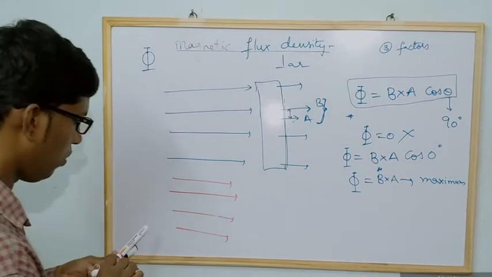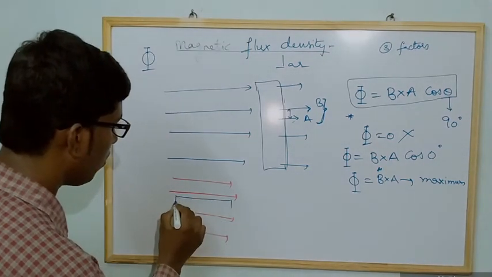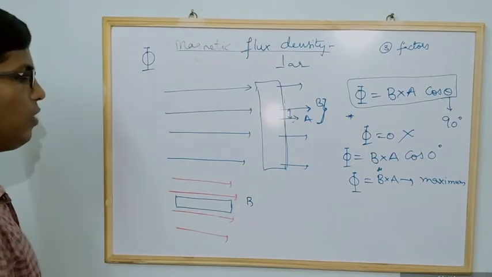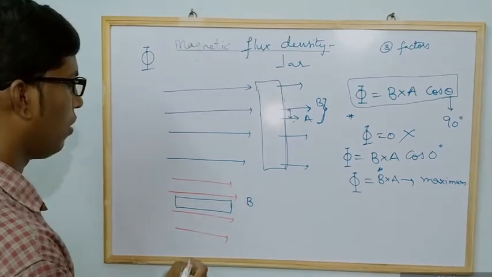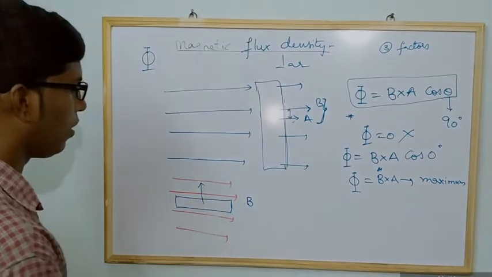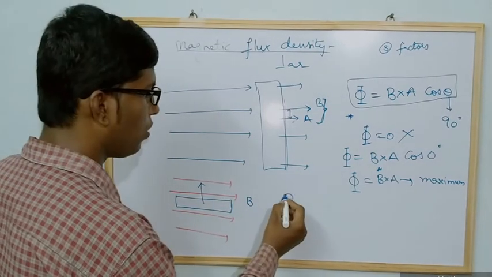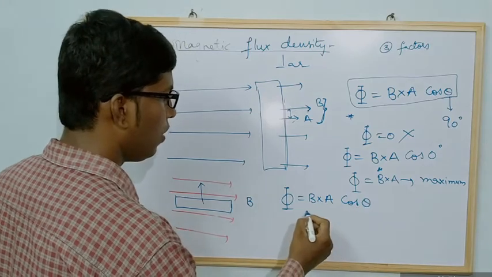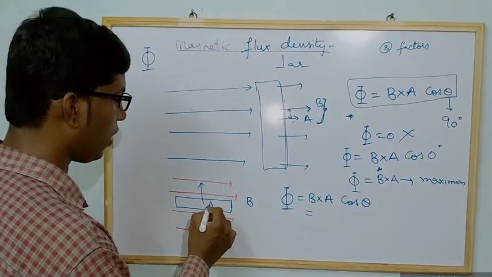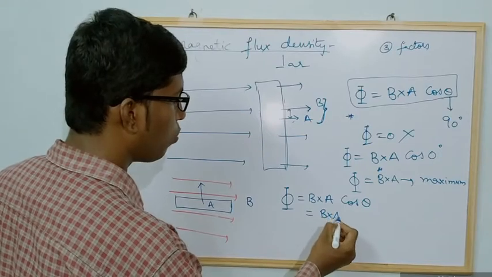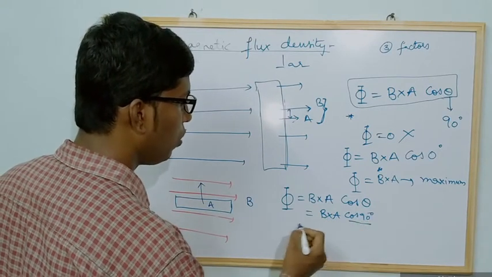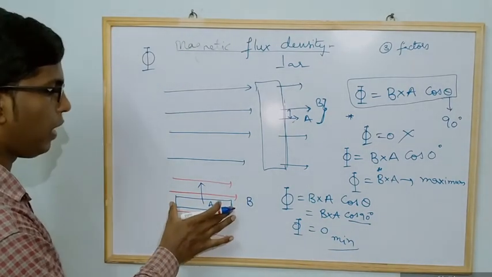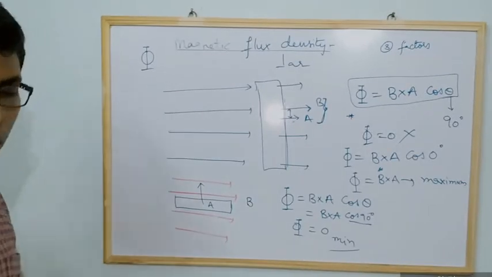So now this is the book and magnetic field lines are in this direction, and now what is the area, the direction of the area is in this direction. So what is the flux from this? We know the formula, flux is equal to B into A cos theta, and here what is the angle between B and A? This is the area, both are perpendicular. So B into A cos 90 degrees is 0, so flux will be 0, or we can say flux will be minimum when the plane is placed parallel in the magnetic field. Are you getting my point?